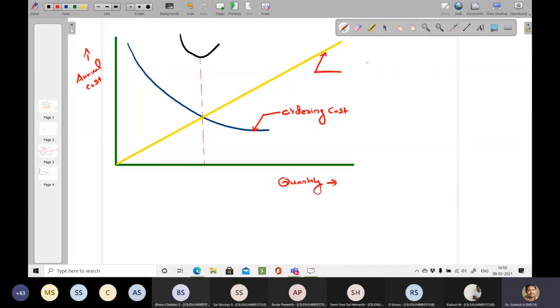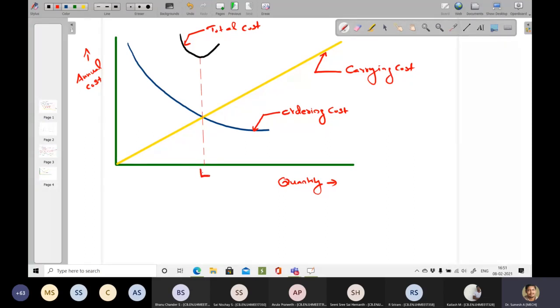This is total cost. So the total cost will be minimum at the meeting point of the ordering cost and carrying cost curve. And the corresponding order quantity where the total cost is minimum is normally called EOQ,